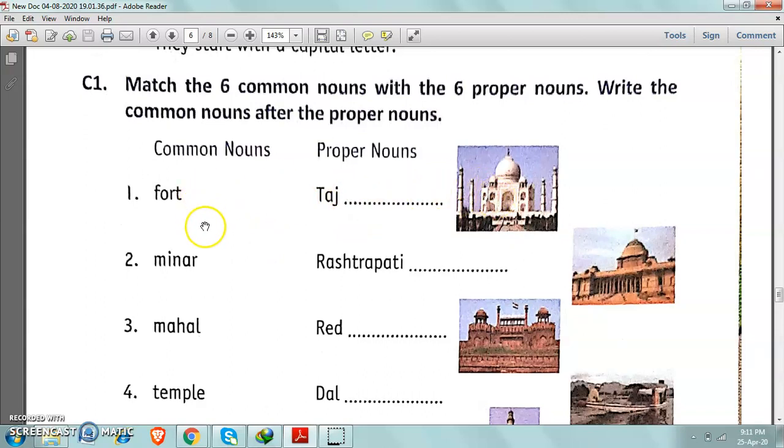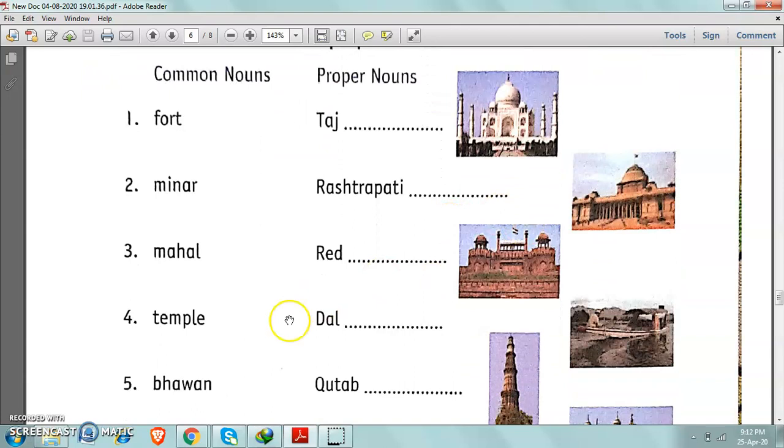So we will find where is Mahal? Here. So we will write here Taj Mahal. Next is Rashtrapati and it is Rashtrapati Bhavan. So we will write the spelling of Bhavan from here and we will complete it and it will become a proper noun, because it is a proper name of a Bhavan. That is Rashtrapati Bhavan. It is a fort and its full name is Red Fort. So you will add here fort, then it will become a proper noun. And if we simply say fort, it will be common.